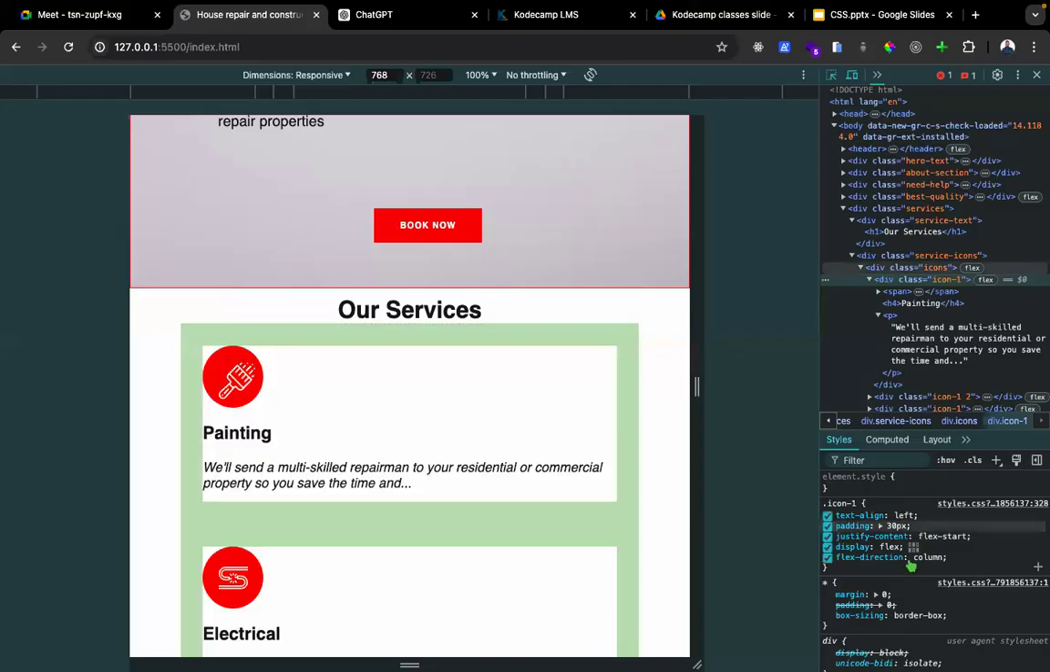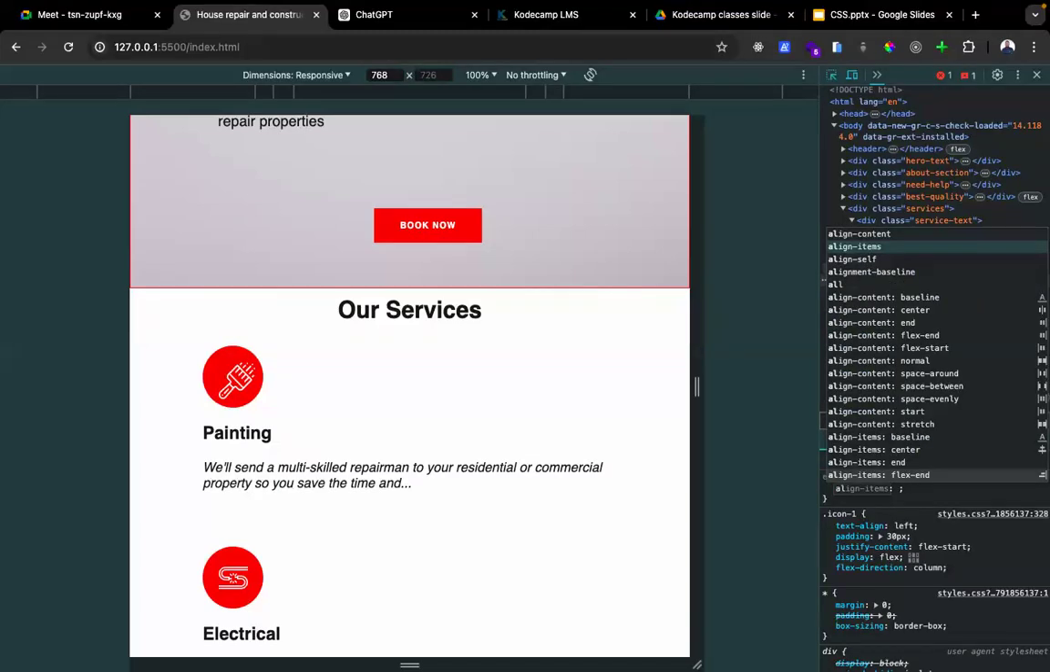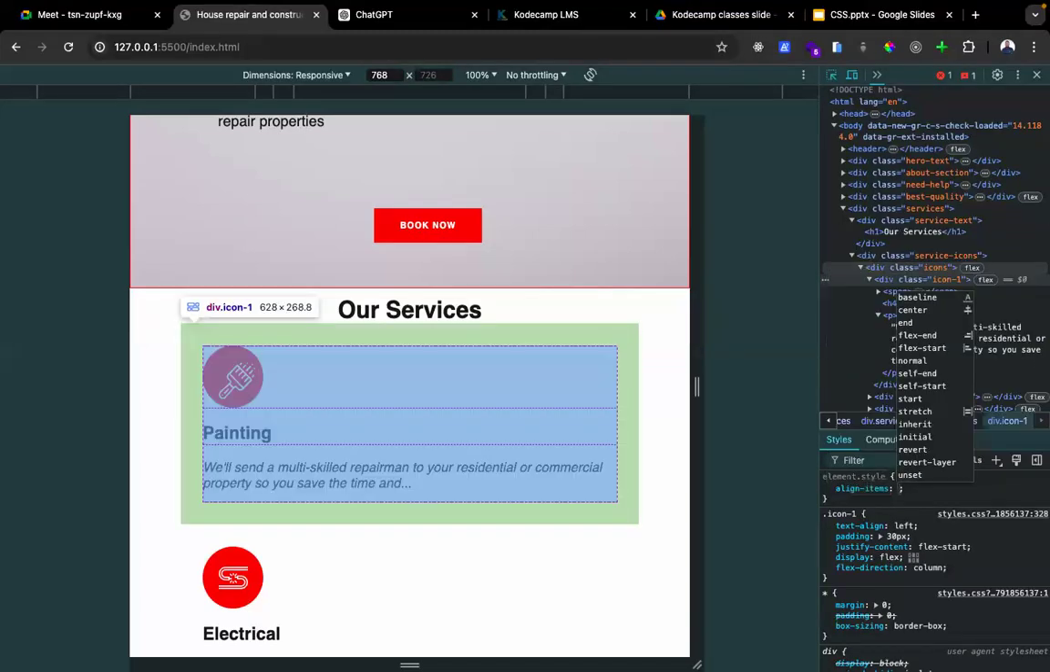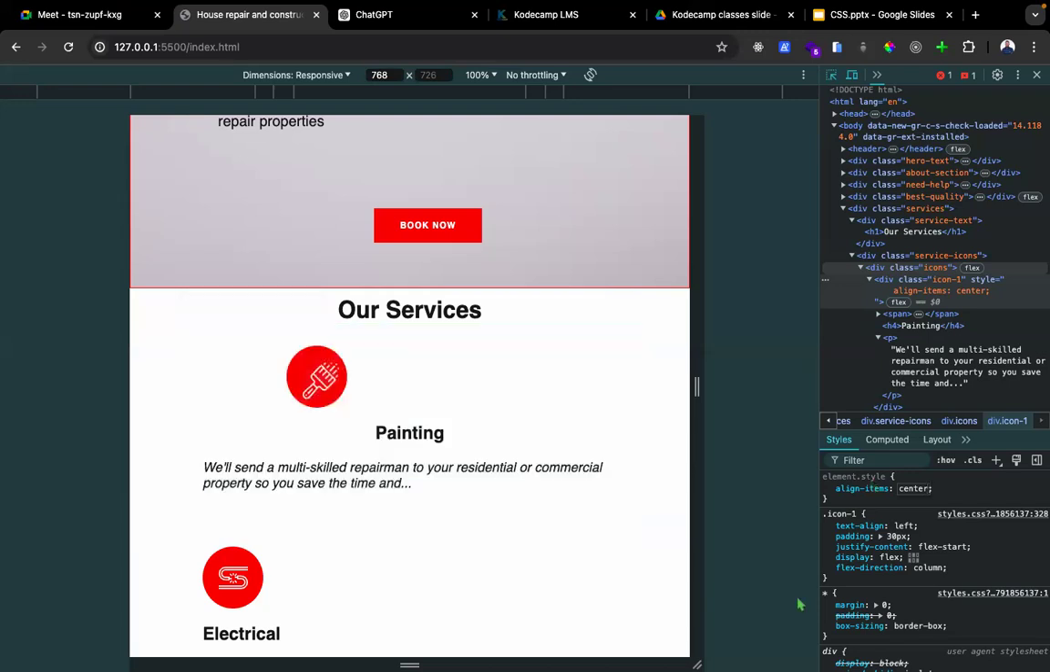You can see it's like that. So flex column, align item center. Let's do align item center. Hmm. Well, I think there's something wrong with our code actually, because